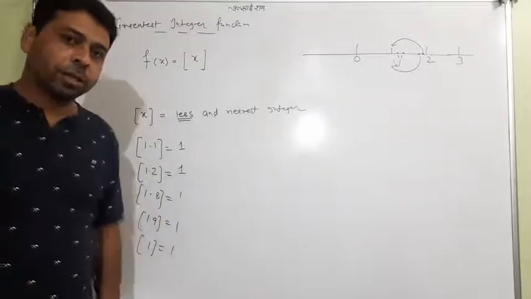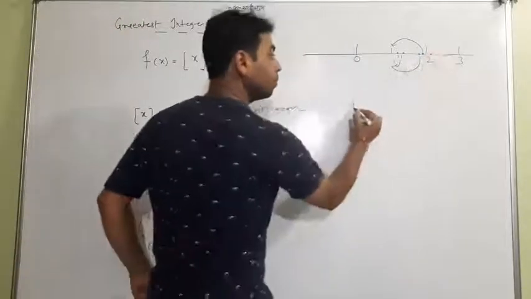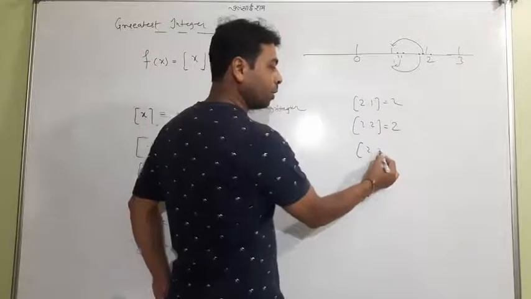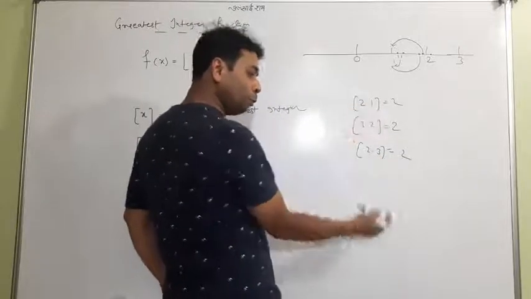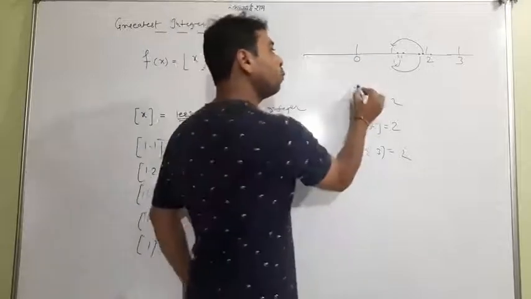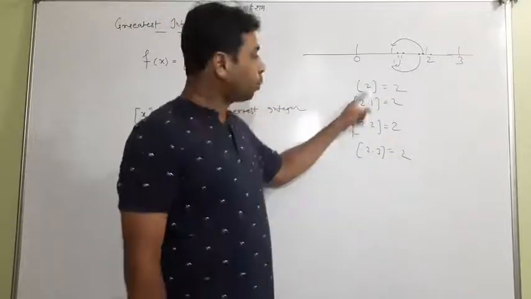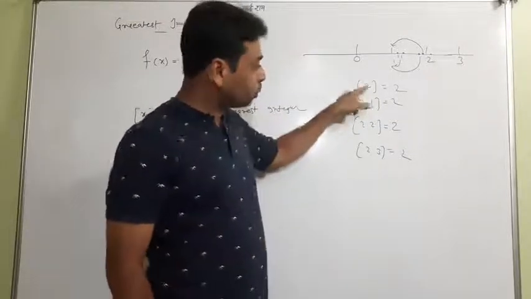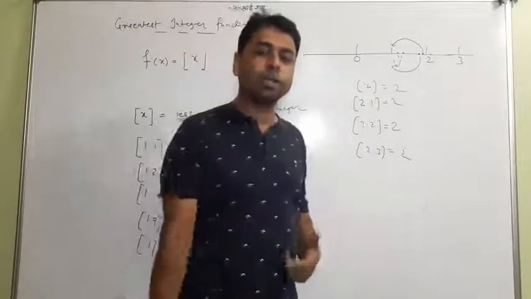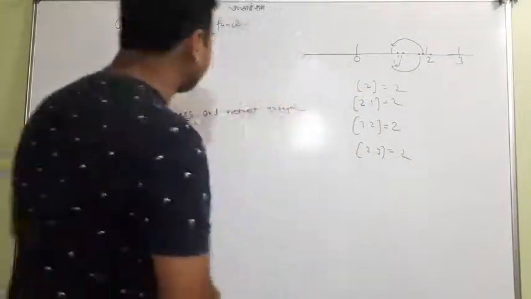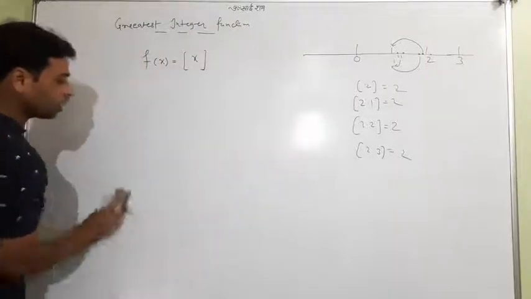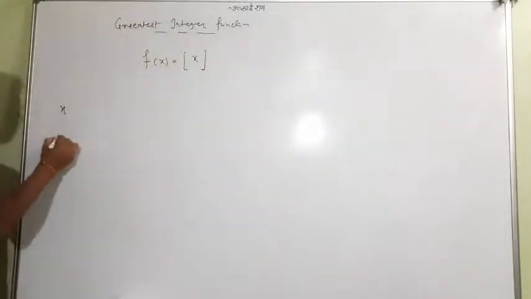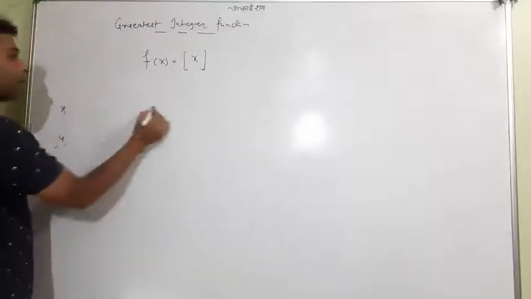Very interesting. Similarly, if you put 2.1, the answer is 2. For 2.2, the answer is 2. For 2.3, the answer is 2. From 2 to 2.9 it is the same, 2. At 3 it changed. So you know that from 2 to 2.9 it is always 2, and that will give us an idea to make the graph. This is a very interesting graph you will see. Let me tell you the greatest integer function graph, how it is made. First I want to tell you how it makes the graph of x and y. Look, I'll choose the values from here.